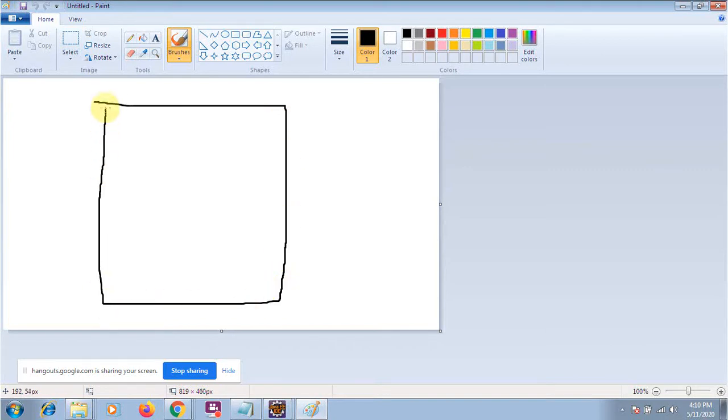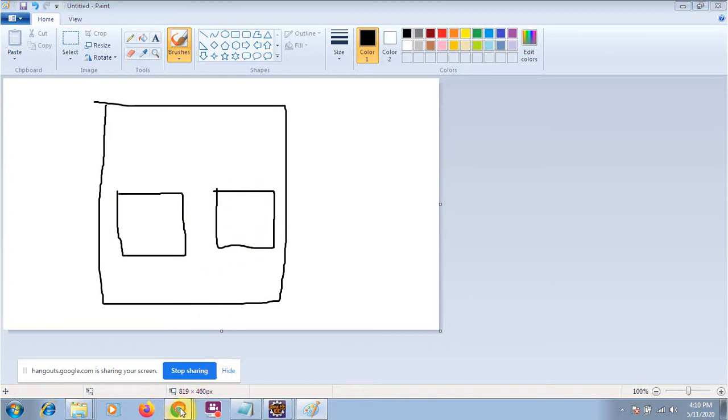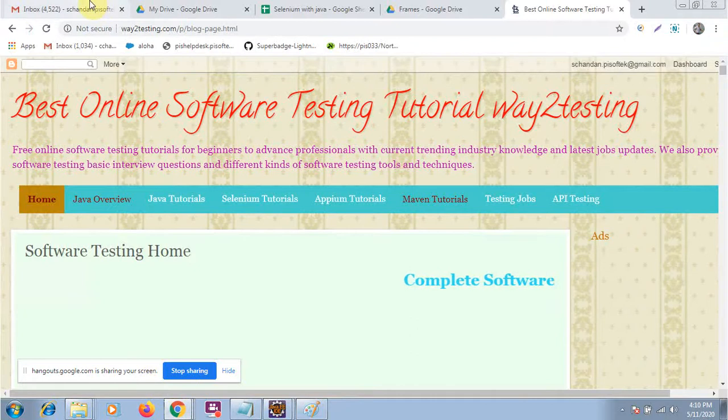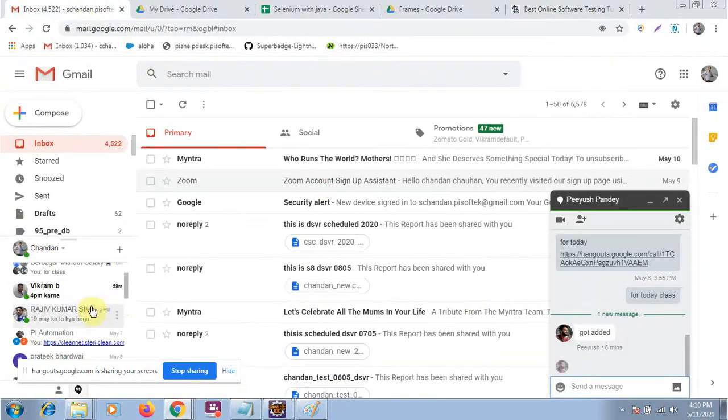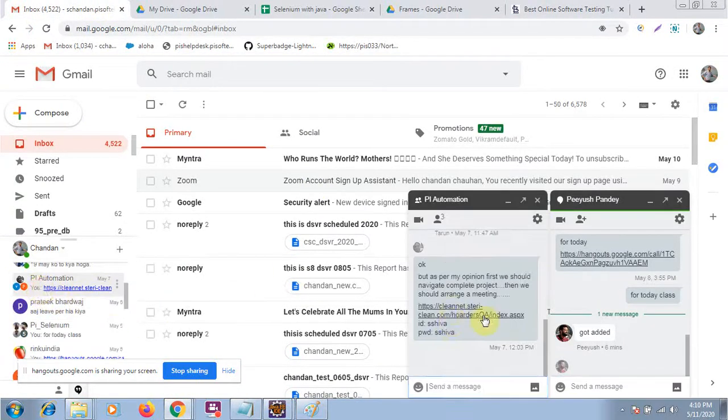It has some elements, some HTML fields, like a list box, drop box, input box, whatever it can have. But sometimes developers divide your web page into multiple frames. Due to any reason, they can divide the project into frames. I will show you a real-time example.